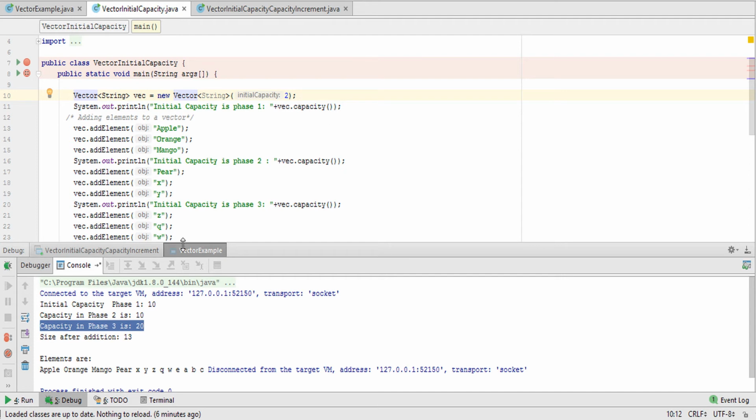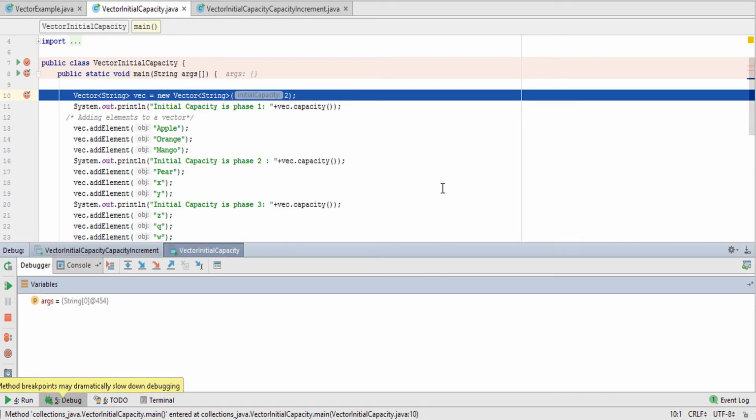Let's see in the program itself that it shows the value increasing from 2 to 4 to 8 to 16 and so on. First of all we are creating the vector: Vector string v equals new Vector string, and in the parentheses we are passing 2.